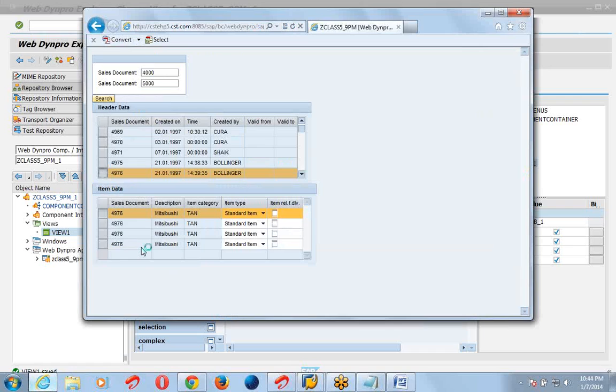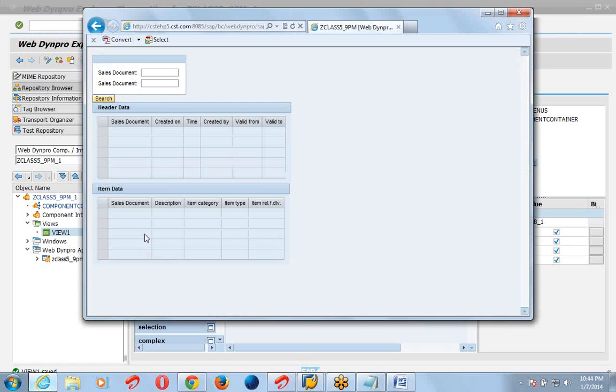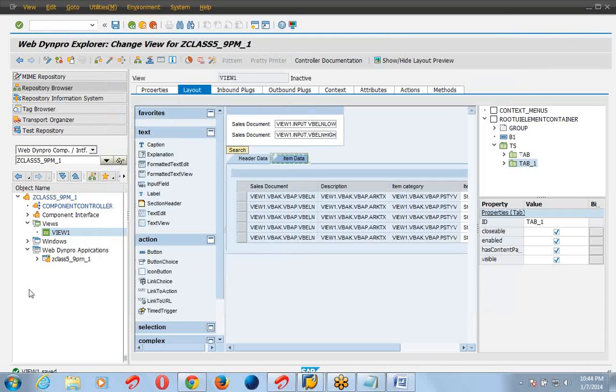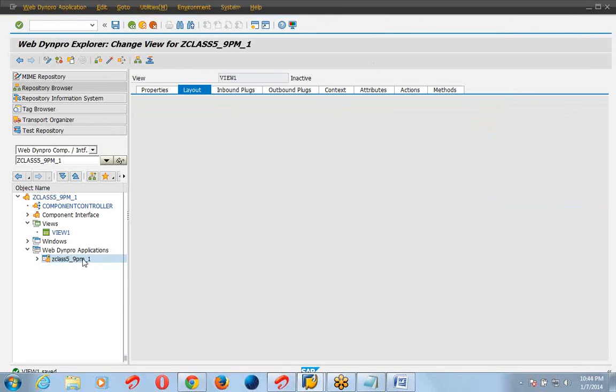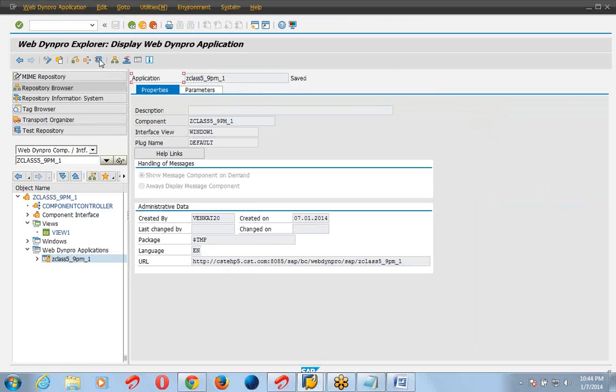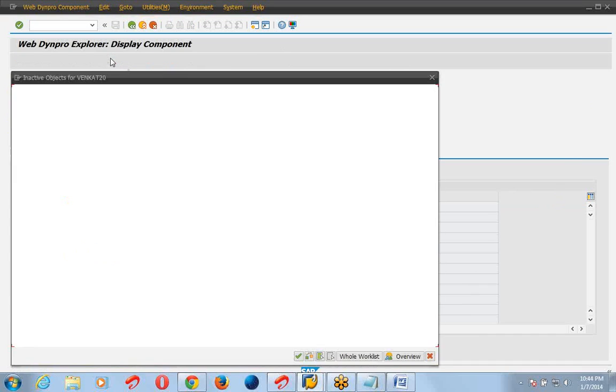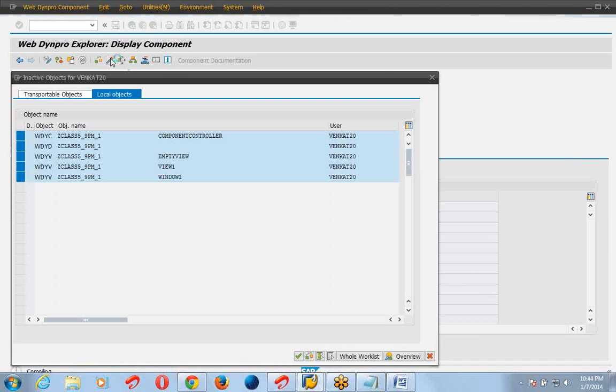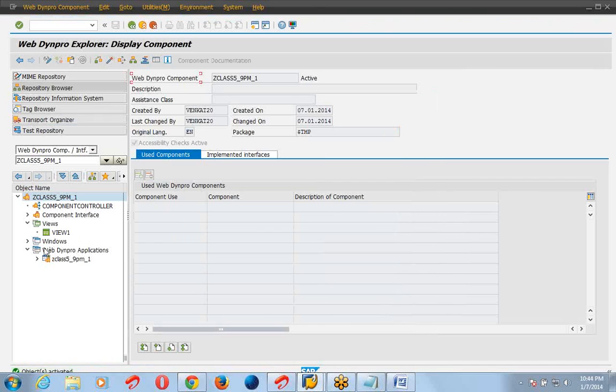Now refresh the application. This is another application, so I have to activate the application. Before execute, every time activate the application.